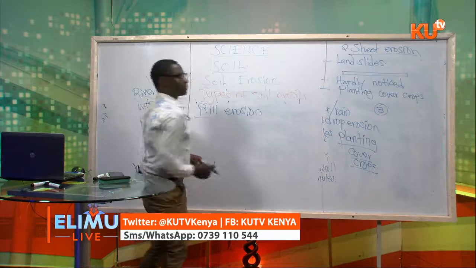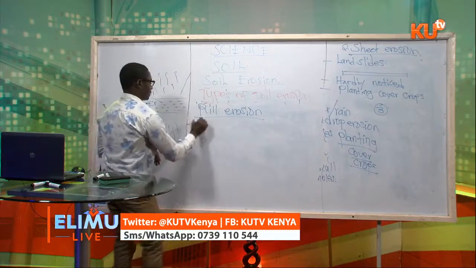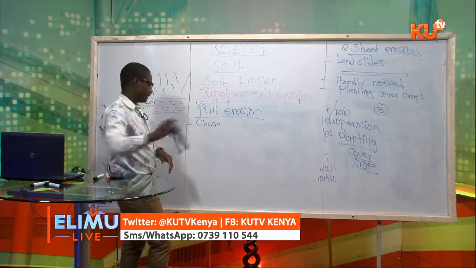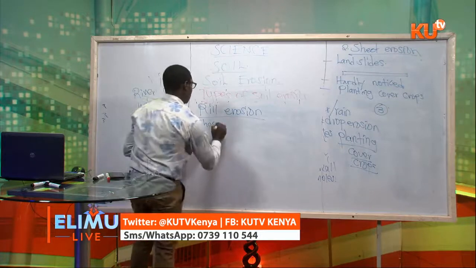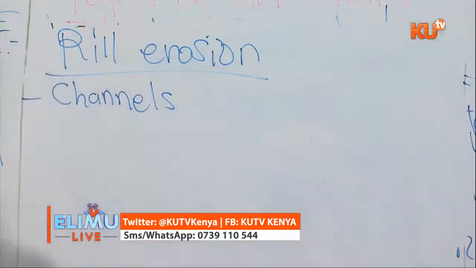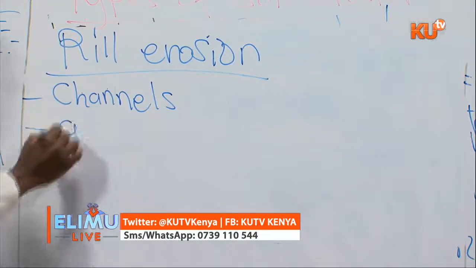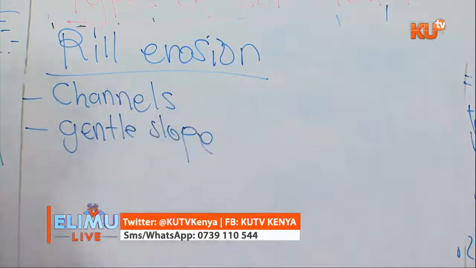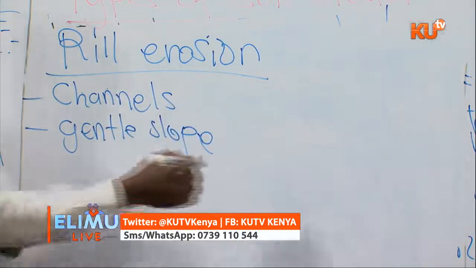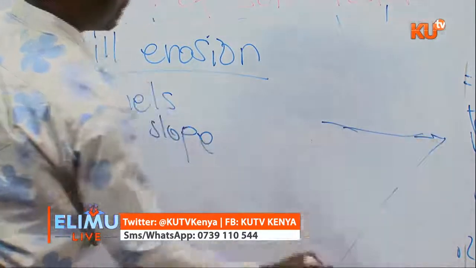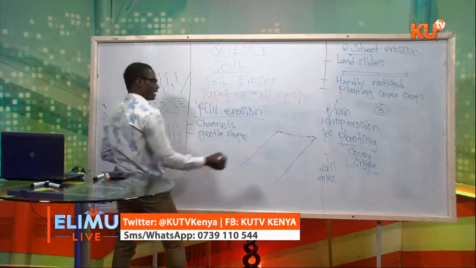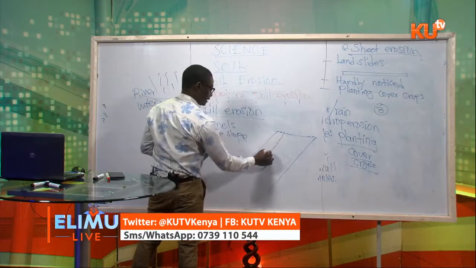And it forms what we call channels on the ground surface. And I've said it occurs on a gentle slope. So I want to draw for you an example of real erosion. So it is a gentle slope. If that is your land surface, which is a gentle slope, you find that there are some channels of water